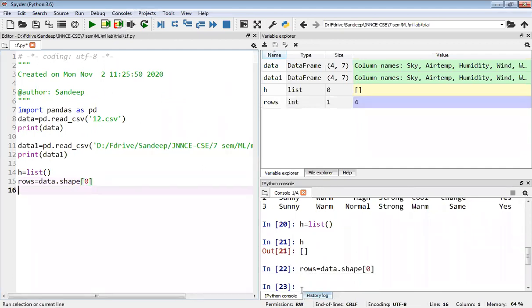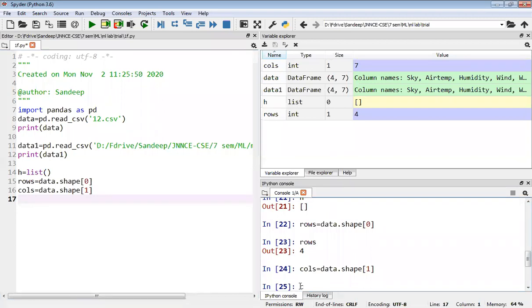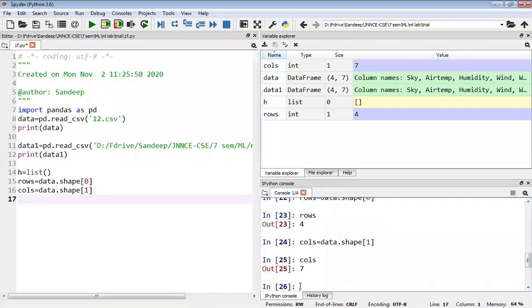I will execute this line, and you can see in the output window, once I type rows, 4 rows are there in this data. Similarly, I want to find out the number of columns in the data. Similarly, shape of 1 will give the number of columns in the data. You can see there are 7 columns in the data.